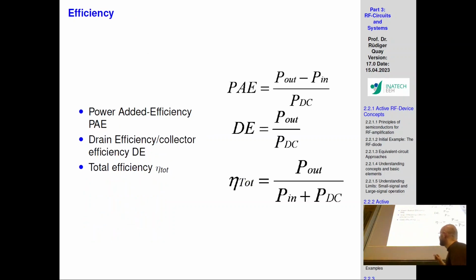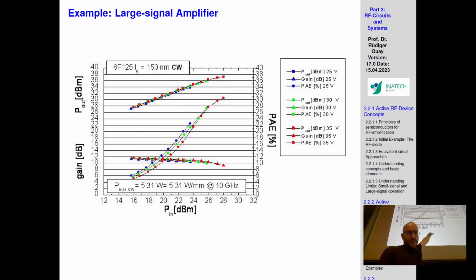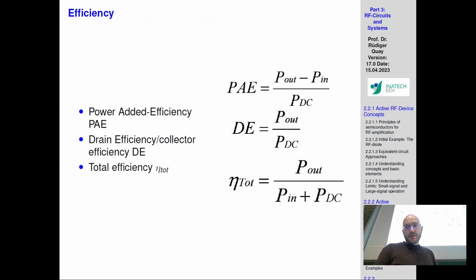Power added efficiency, why is it important? Well, power added efficiency is also one of the parameters you should remember for the exam, along with drain efficiency and total efficiency. Very good to remember all of these and to know what they mean. The power added efficiency, we plotted it in the previous two slides. You can see the one that goes from low to high then. What is power added efficiency? These circular symbols. That is the output power of your device that's generated, amplified, minus the input power that you drove in, divided by